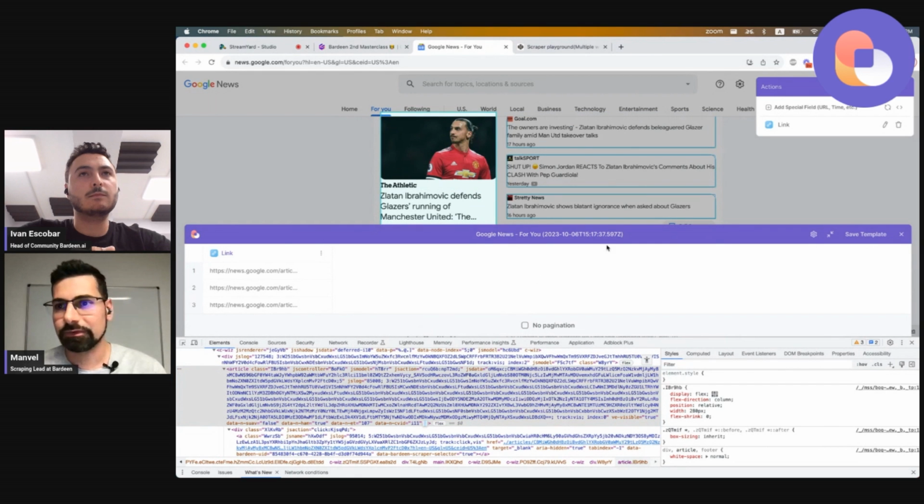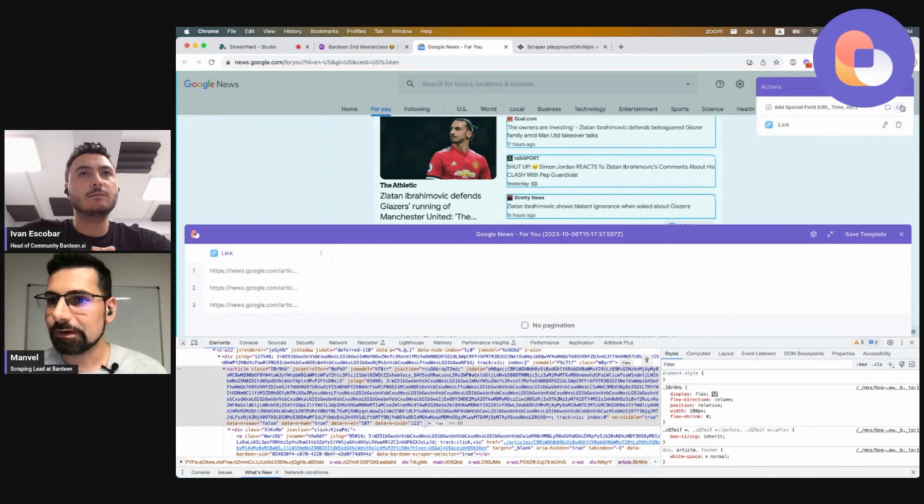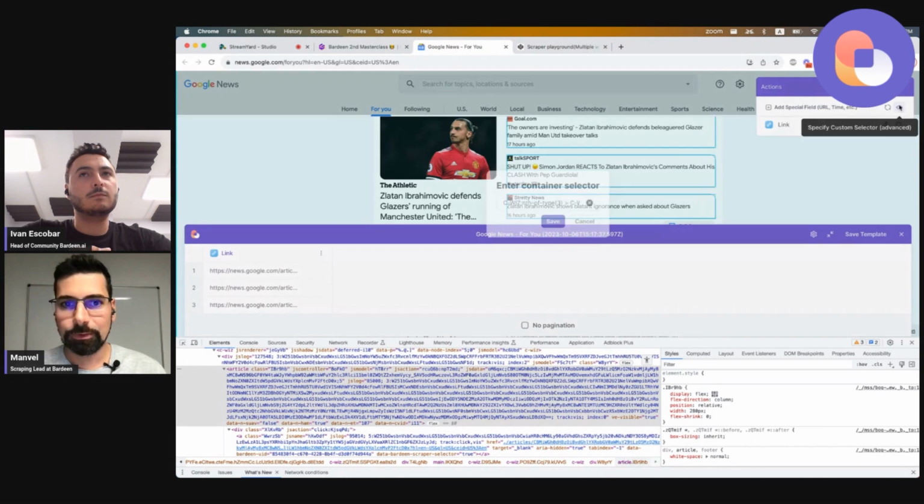This is a bit of an advanced use case, but here in this action bar, we have this specify custom selector button, using which you can basically replace the selector. And this allows you to